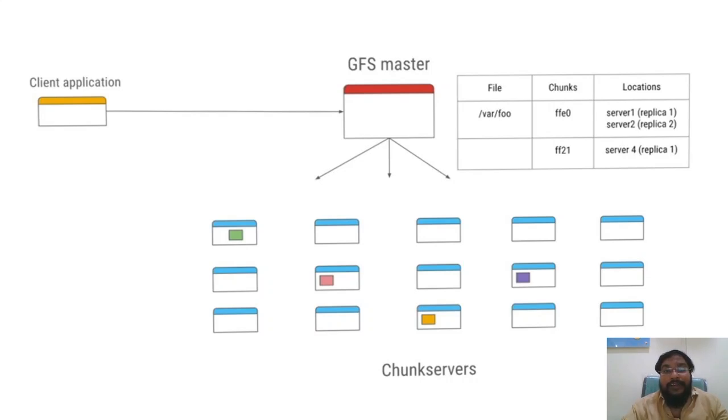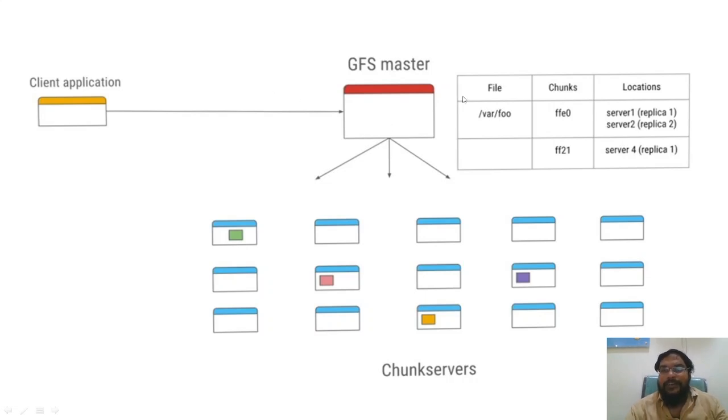All of this is maintained by the GFS master, and it acts as an index whenever data retrieval is needed. Whenever a client wants to retrieve data, the client sends a request to the GFS master. The GFS master contains a table with the information regarding which chunk is stored in which server,